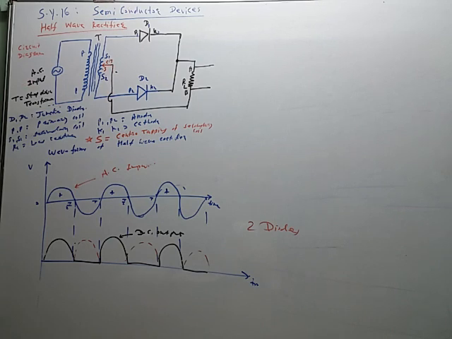So 230 volt supply is used here. Total voltage is 18 volt. Out of 18, 9 volt is in the upper secondary, 9 volt is in the lower secondary, and these two secondaries are used for diodes D1 and D2 separately because of the connection of this center tapping to the common junction of the two cathodes K1 and K2. So the two cathodes are connected here. This point, A point, is connected here. So this point is important. This is the junction of the two cathodes. So RL is connected between the junction of the two cathodes and the center tapping, like this.